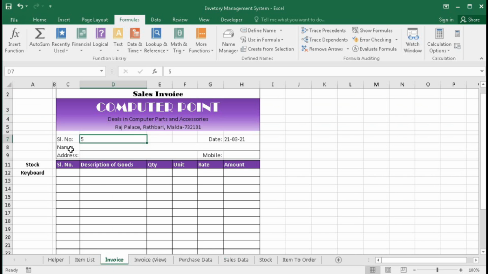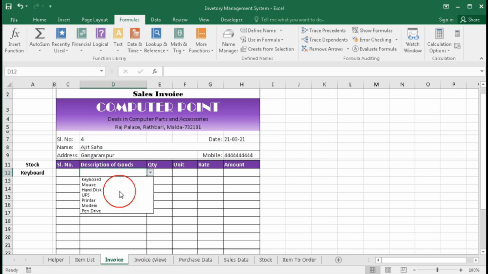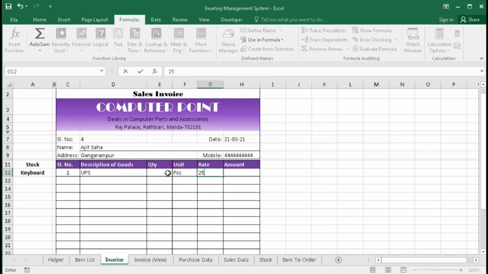So it will be 4, and the party name is suppose Ajit Shah, and address is Gangarampur. Mobile number is 1234567891 and item sold will be UPS 1 piece.